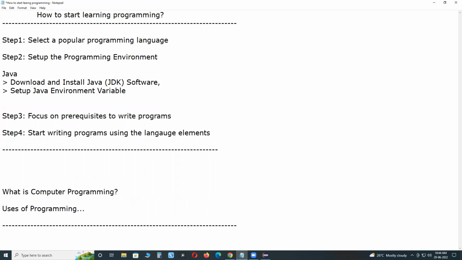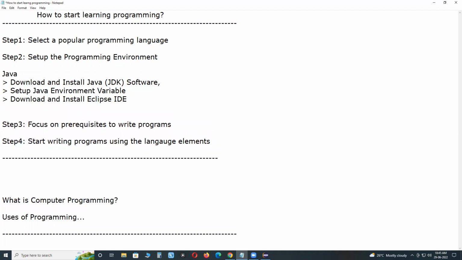In order to access Java software from any directory in your computer. Next, download and install, for example, Eclipse IDE.